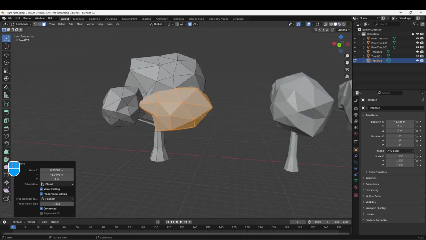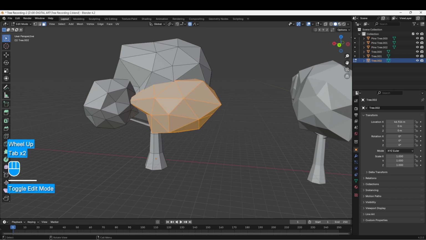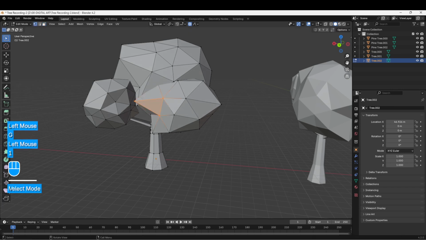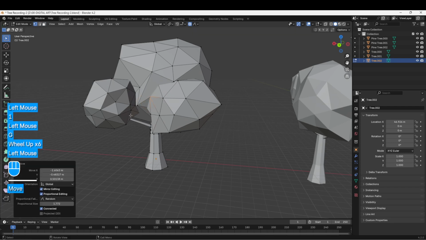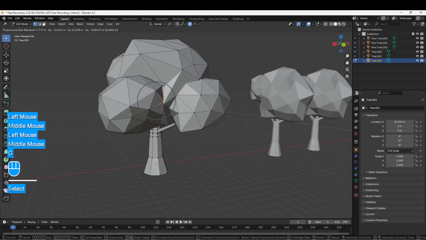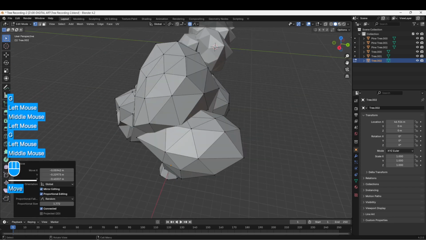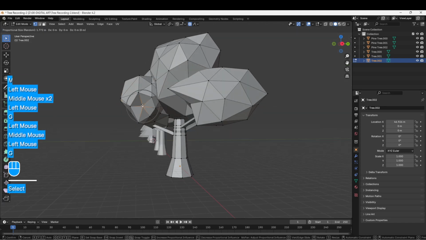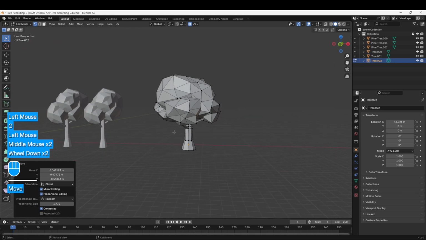Now, obviously yours may look different than mine, so you edit yours in whatever way you like. So I'm just going to keep selecting and moving things around until I'm happy with the overall shape. So I like that better on that part. I want to bring this part out, and let's bring this part out. Like I said, yours probably doesn't look exactly like mine, so you just move and adjust until you have what